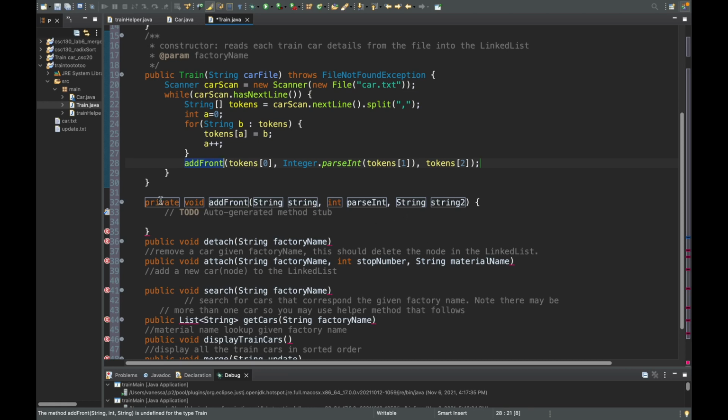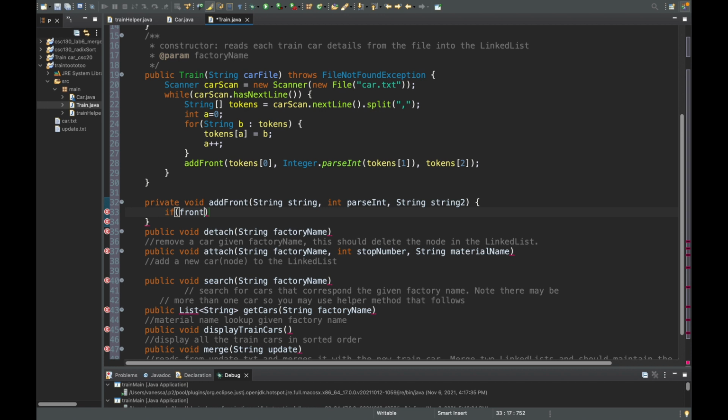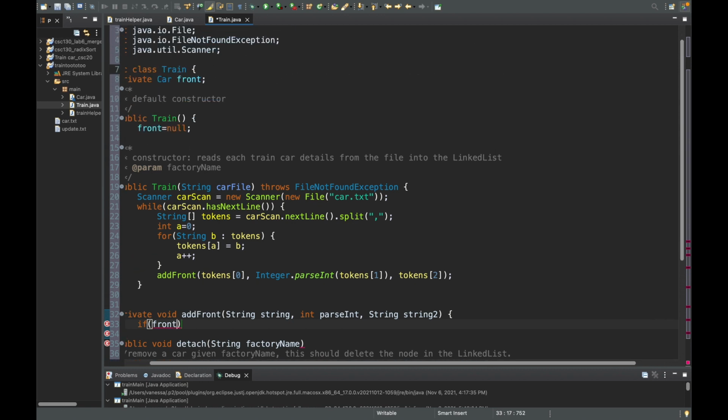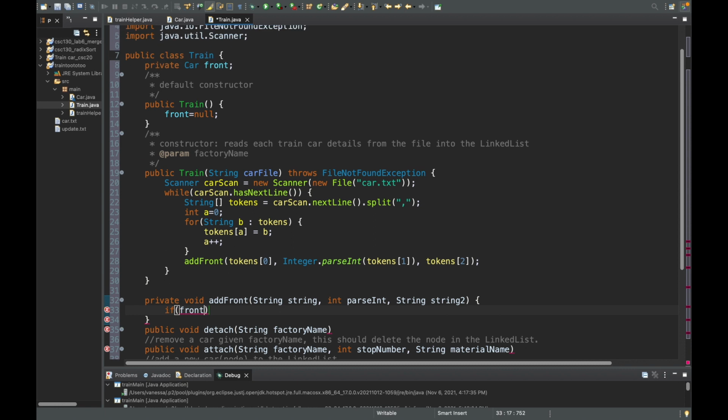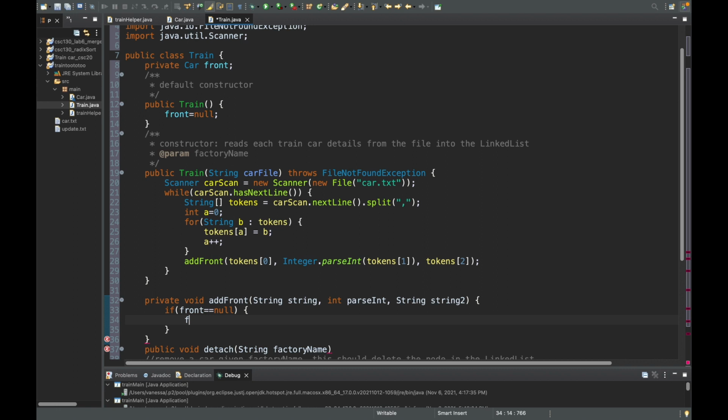So that works, and now we just add it to our cart. Well, there's two different scenarios. There's if our cart is empty, and then if our cart has more things in it. So what we can do is say if our front, because remember that's what our private variable is called, car front. If front is equal to null, which means it's empty, we're going to be inside of here and say